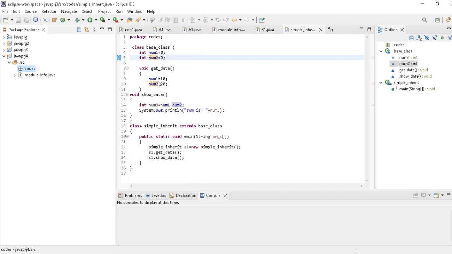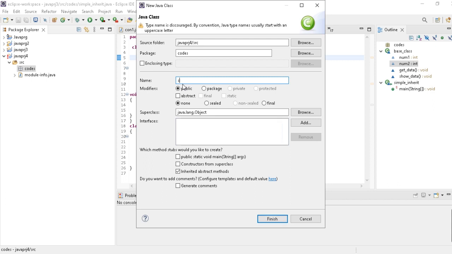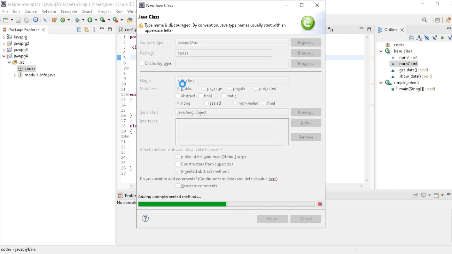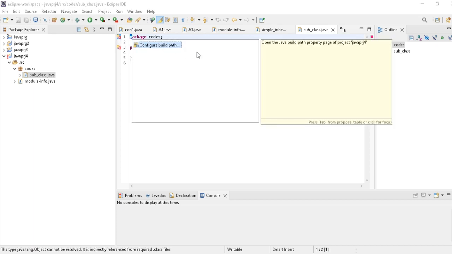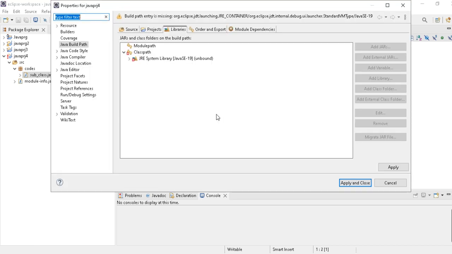Okay, so once I say class, it is showing me this base_class, or I write super sub_class. Okay, so here subclass is created and I am still getting some error, that error is for setting the classpath, that is my project is not able to find the java directory, java runtime environment.